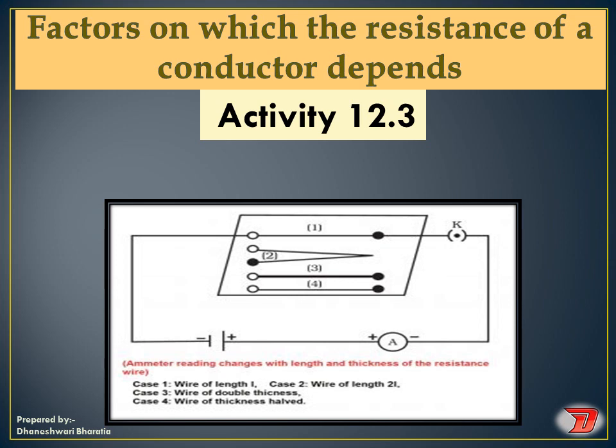In the second conductor, the length of the wire is doubled compared to the first one. In the third one, the thickness is changed, the wire is double its original thickness. In case 4, the first 3 are, I think, of nichrome and the fourth is of copper, okay? And you have to take the readings by replacing each of the wires. Then of course some changes might be seen in the readings, okay? Let us proceed further.